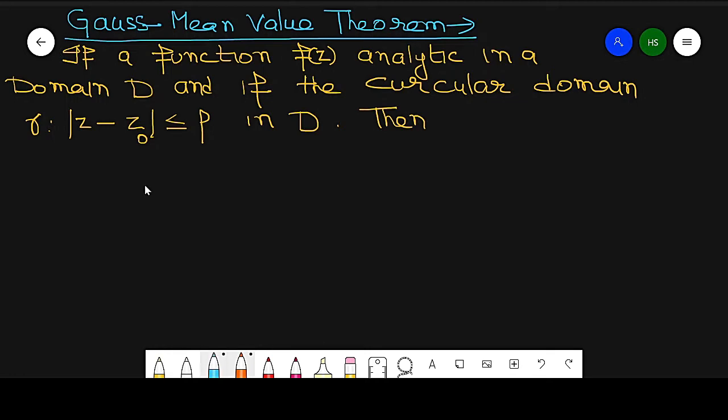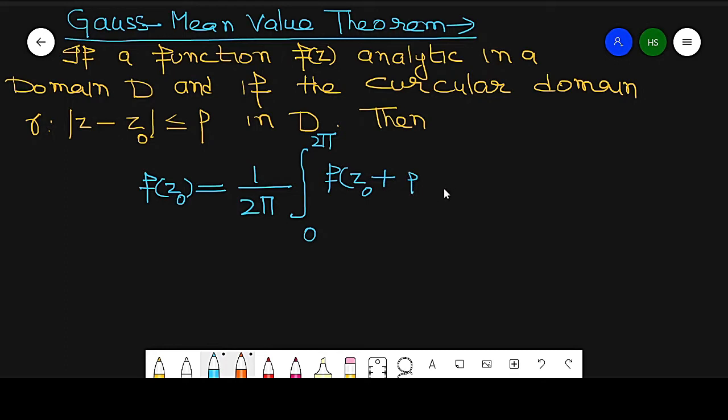then prove that f of z0 is equal to 1 by 2 pi, integration 0 to 2 pi, f of z0 plus rho e raised to the power iota theta, into d theta. So this is this value. Also we can say that the statement can be written as